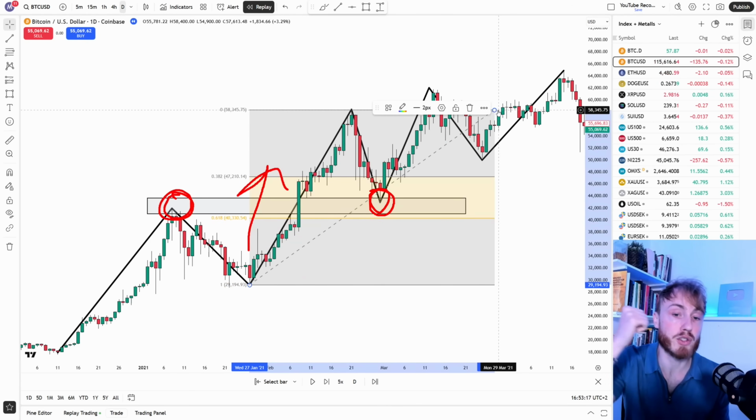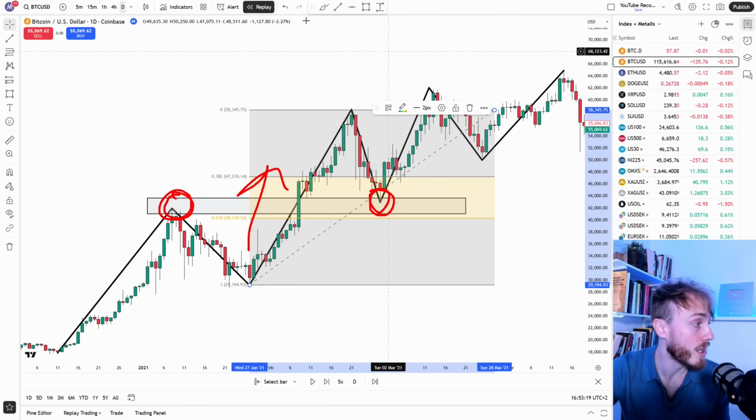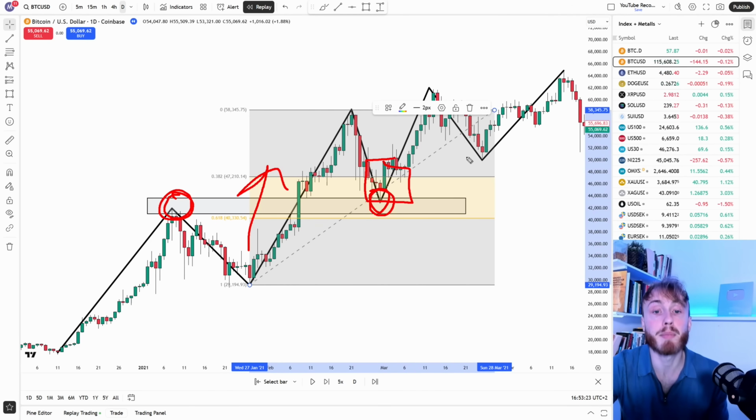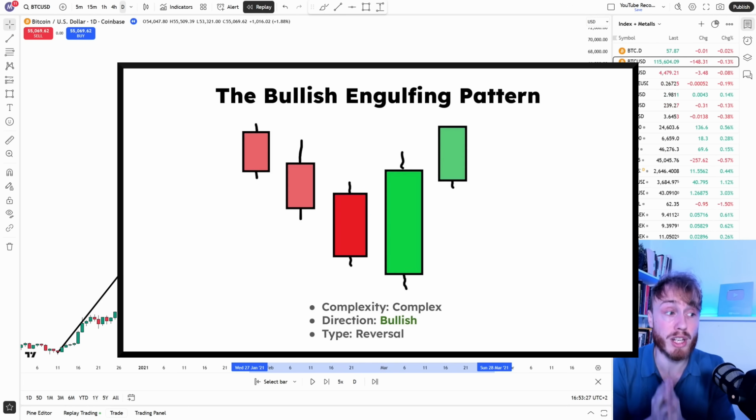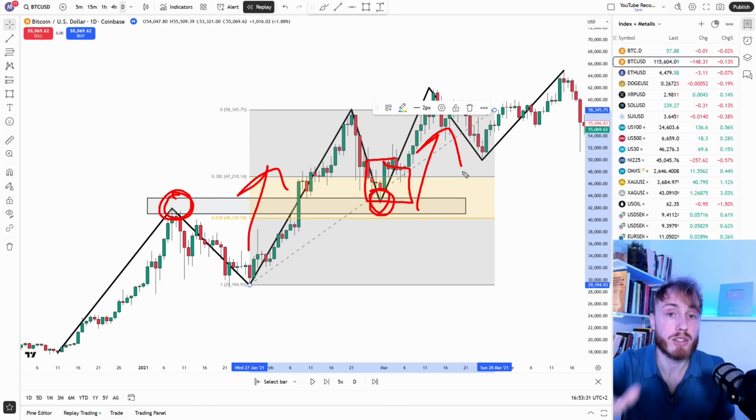So now we have a support level, we have a golden zone, but last but not least, right here, we actually had a bullish candlestick pattern. This right here is what we call a bullish engulfing pattern and indicates a move towards the upside. So here we had three factors being bullish at the same time, and this is often enough for us to